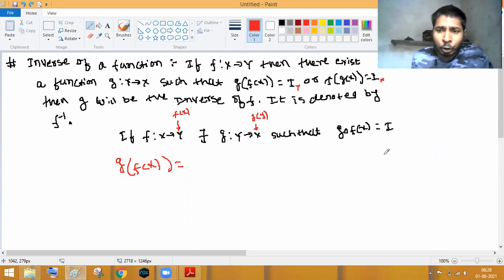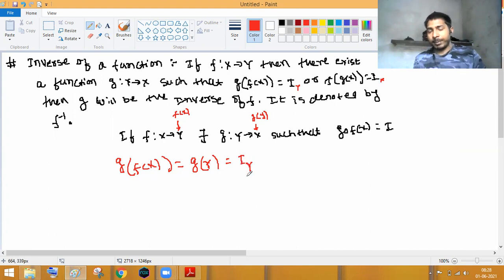Yes, sir. So can you tell me, what is the domain of g of f of x? The domain of f of x. So can we say that it will also be equal to what? I told you f of x is equal to y. So can we say that this is the collection of y? That's why it is written here as identity in terms of y. Now clear?